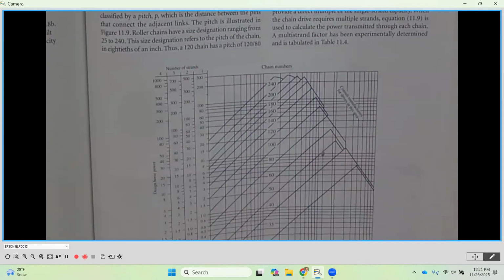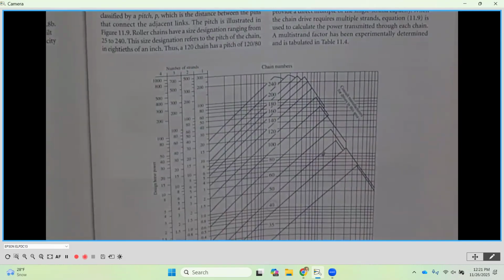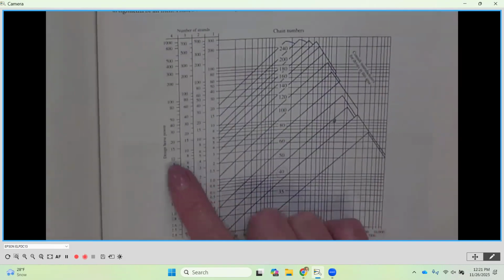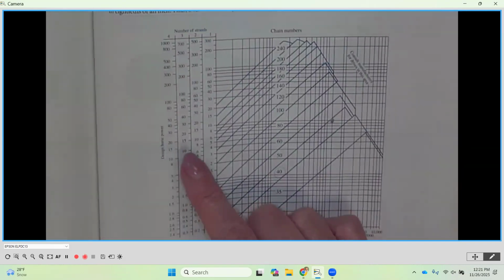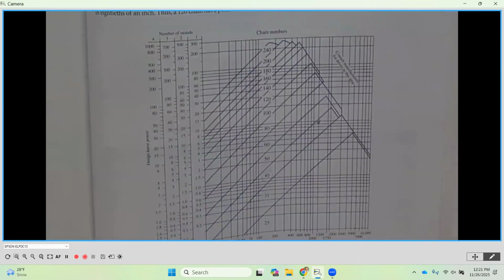And you're going to notice just by looking at the top numbers, as you move to the left and you have more strands, you end up having higher capabilities there. All right. Now, this is going to be your design horsepower. Okay. Now it says design horsepower on it, but we're going to find that as we do our examples, we're